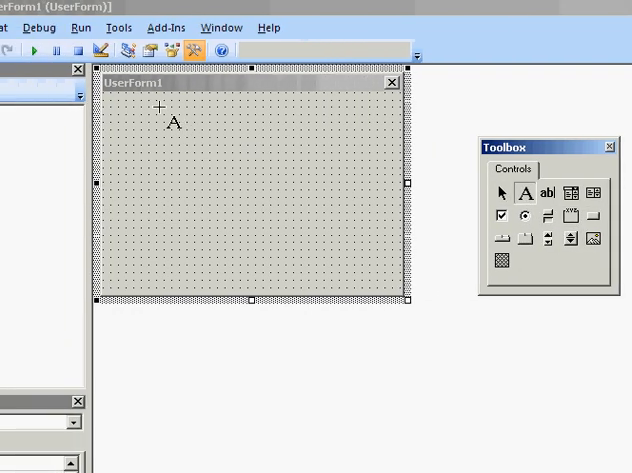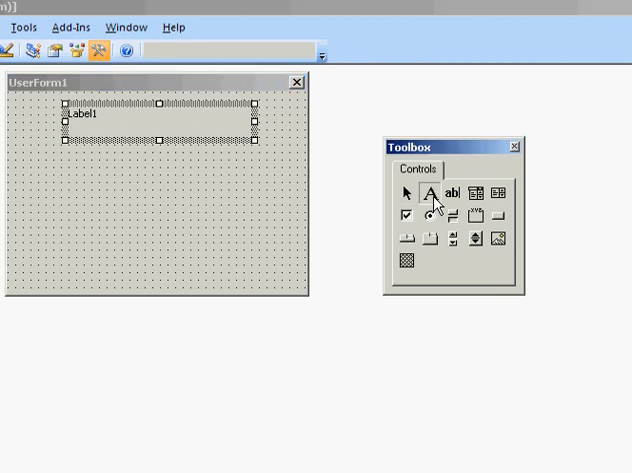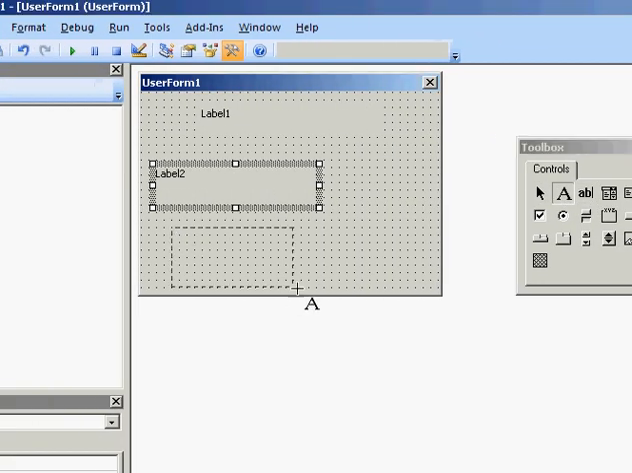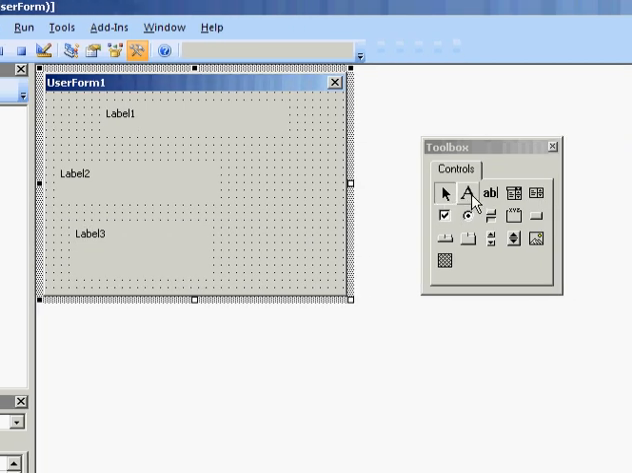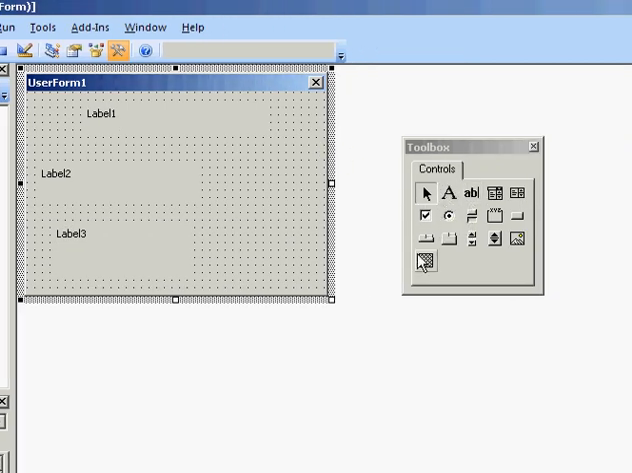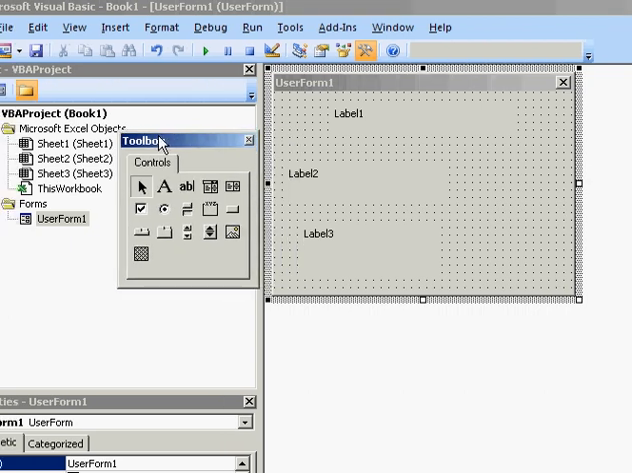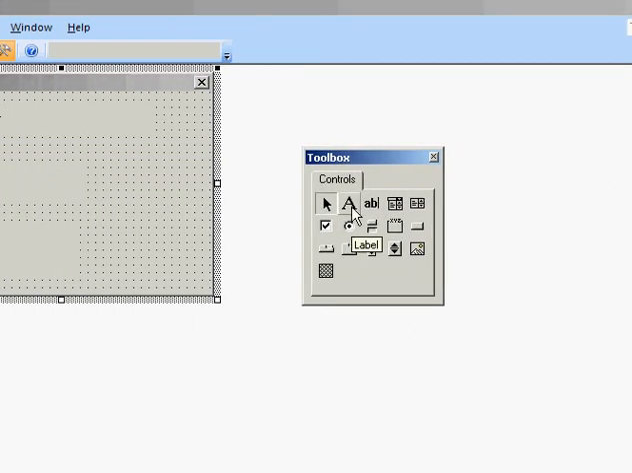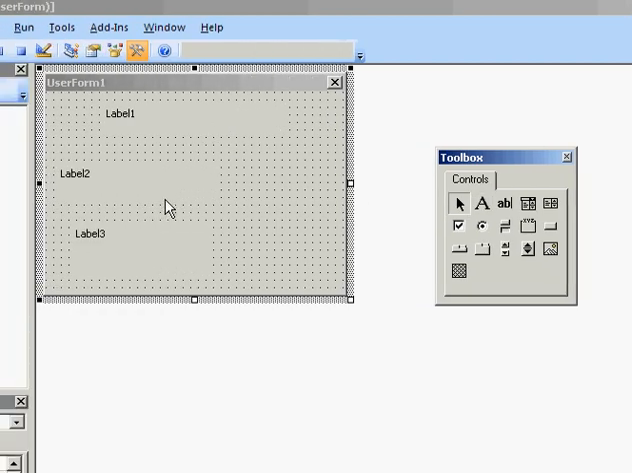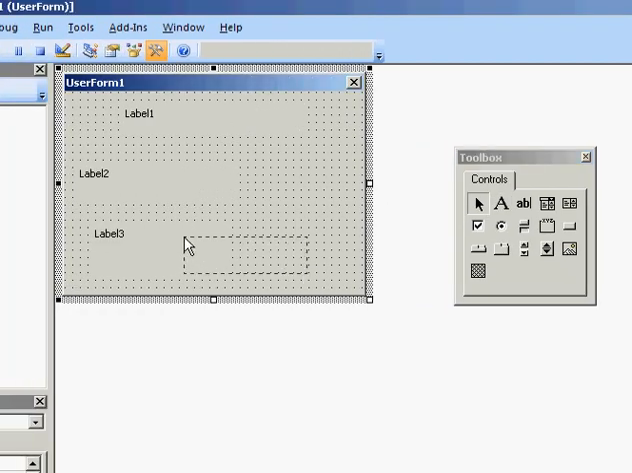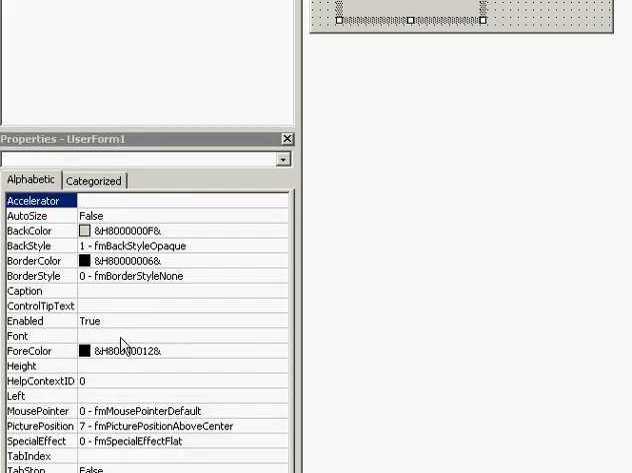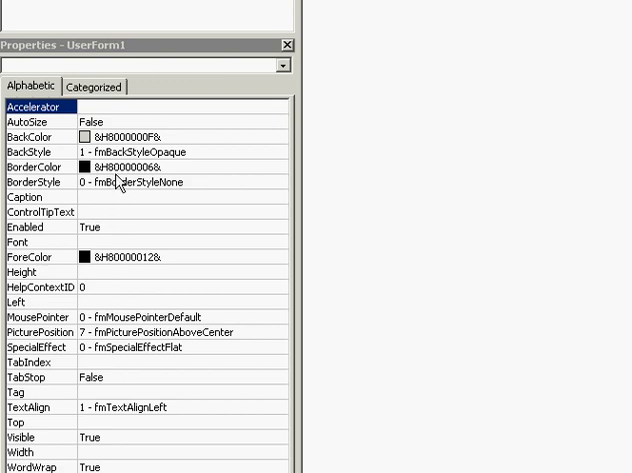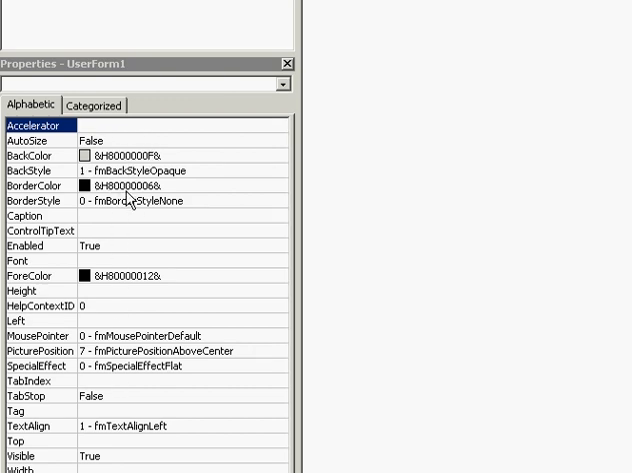Right, first thing I'm going to do is make 3 labels. Okay, the label command can be found here on your toolbox, which was just over here. Just drag it across, and it's this A button, which is a label. So I've got my 3 labels here. Now I'm going to select all of them. I'm going to go down here and go right here to